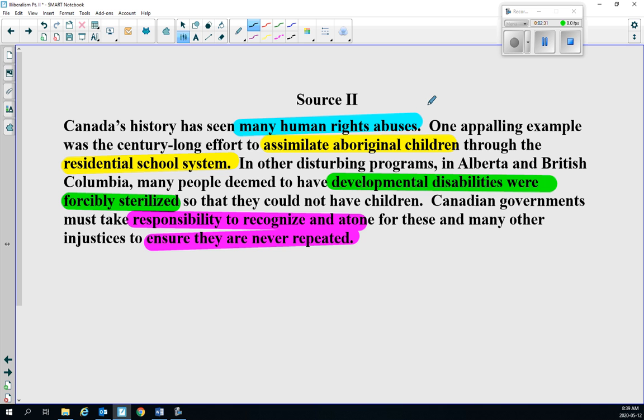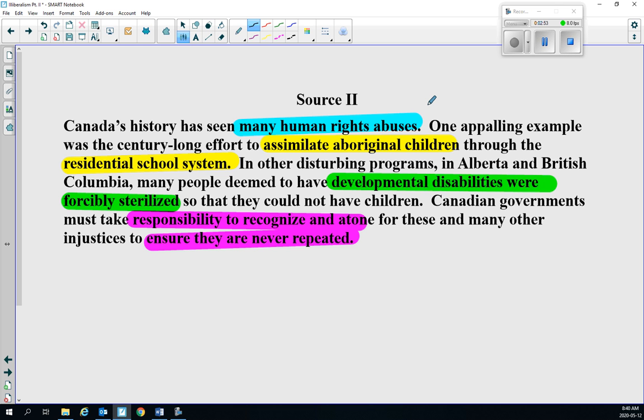They were roomed and boarded at the school. So what that means is that they went to school and they also stayed at the school overnight and then they went back the next day. So they were really cut off from their family, their culture, their friends, which exposed them to all kinds of abuse like you would have learned back in social 10-1.